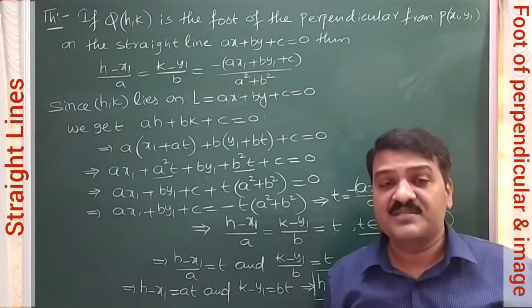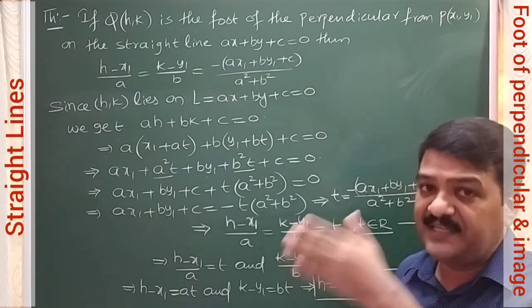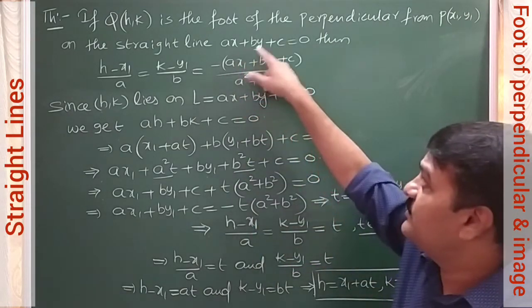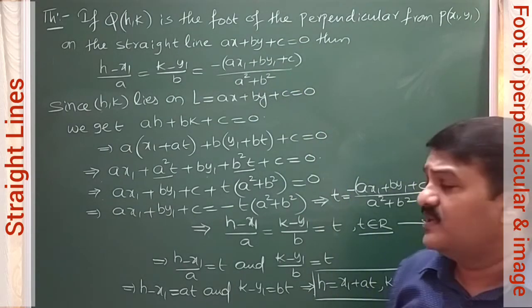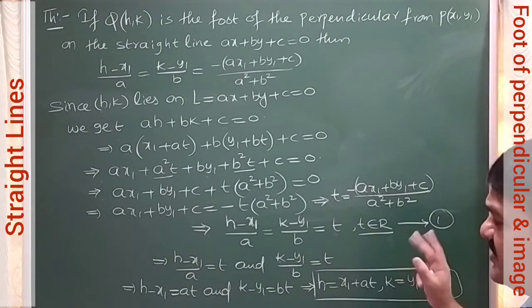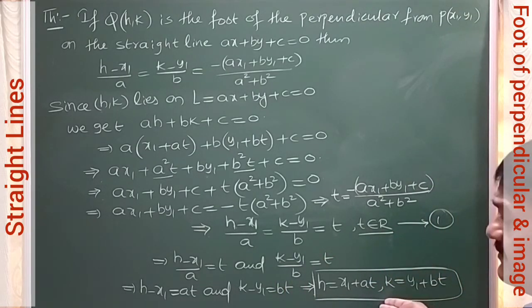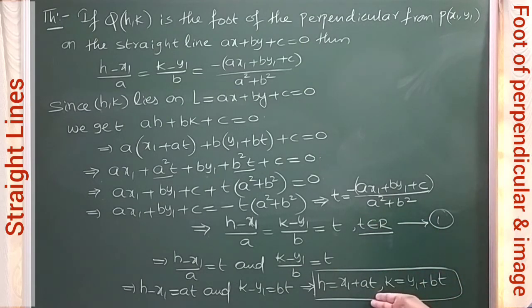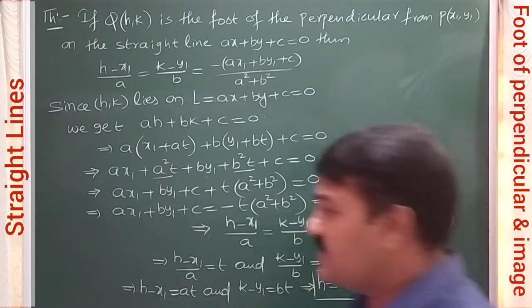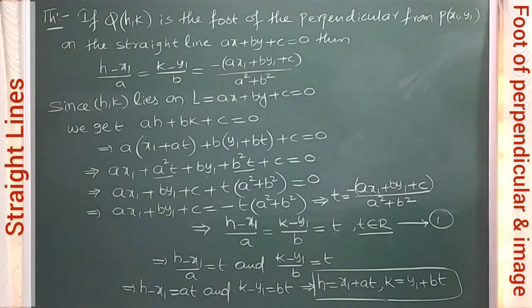Now next we are going to discuss the image theorem, that is the image of a point with respect to a line ax plus by plus c equal to 0. So in the image theorem also, up to this step it is actually the same. Up to this step the simplification will be same, and indeed the remaining part also we will do the same. After that the concept or application changes after this point. So up to here it is almost the same. So I will show you that now. So now let us consider the proof of image of a point.